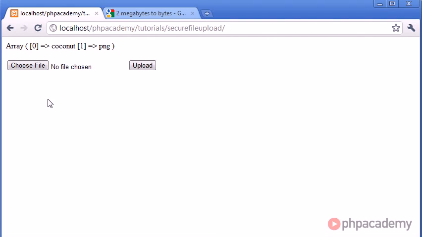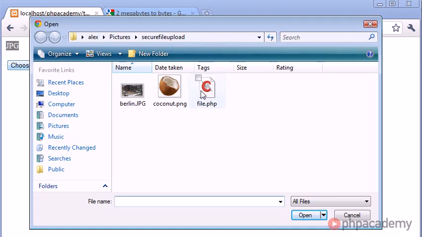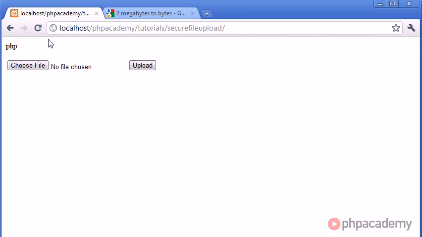So let's go ahead and re-upload a file. Click upload, and you can see now we just get PNG back, because now this end has been converted from an array to a string. We've grabbed the last element in the array and converted it back to a string. So now that we've done that, let's just test it with a few other files. So .jpg. Now you can see we've got JPG, and then again with PHP upload, and you can see we've got PHP. So ensure you test this before you do anything else, because as long as you've got this bit right,